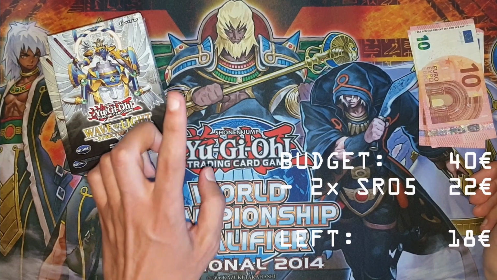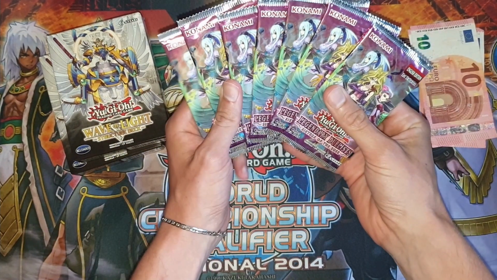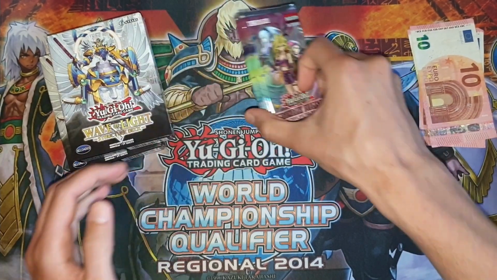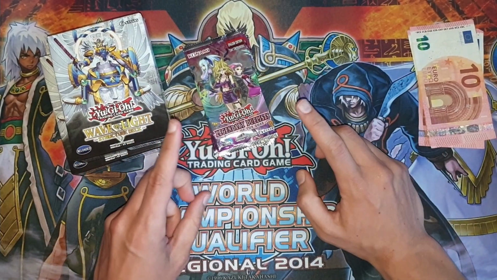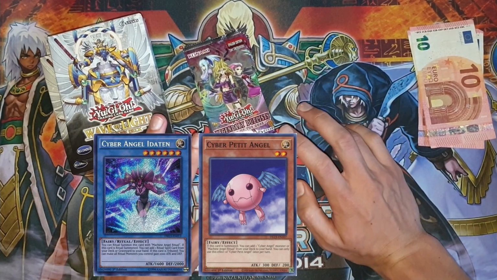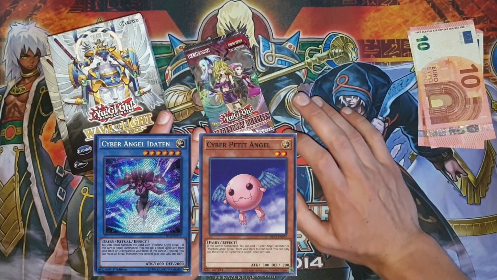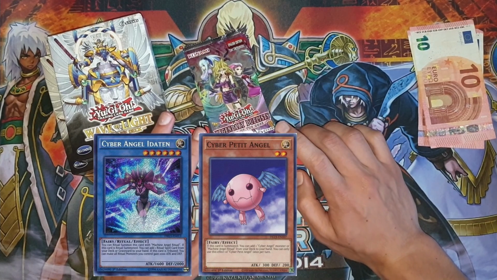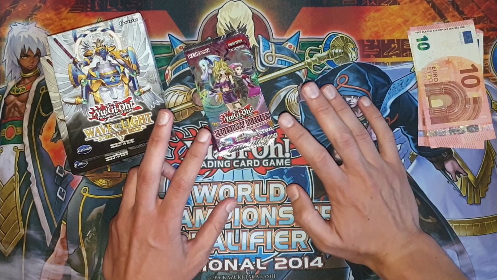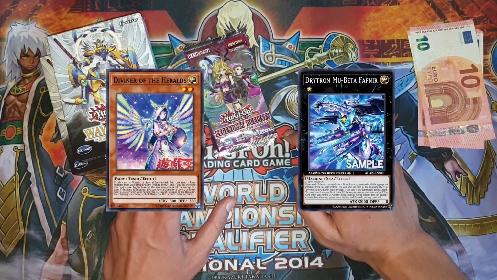So what did we spend the rest on? We bought 7 packs of Legendary Duelist Sister of the Rose. We are of course looking for the Cyber Angels to again boost the Fairy deck. I feel like the easiest way for us to boost the deck right now is to boost our Fairy, especially with the Cyber Angels. I of course want the Diviner of Herald and Mu Beta Fafnir from the Lightning Overdrive,